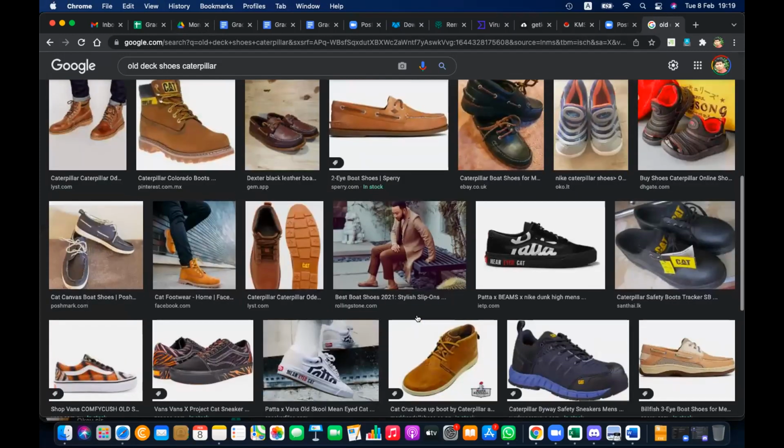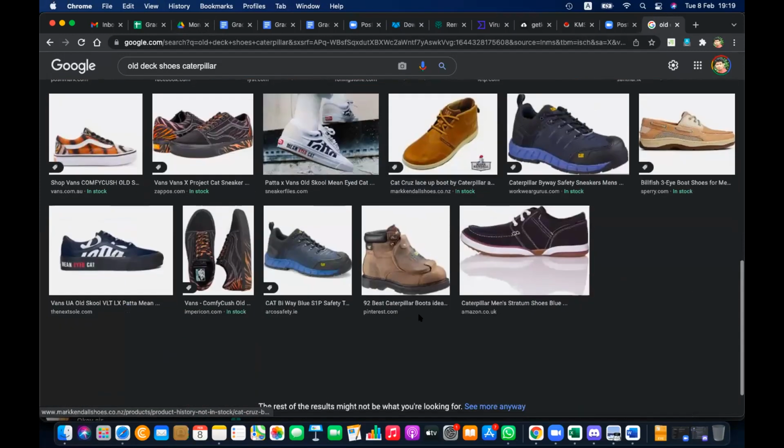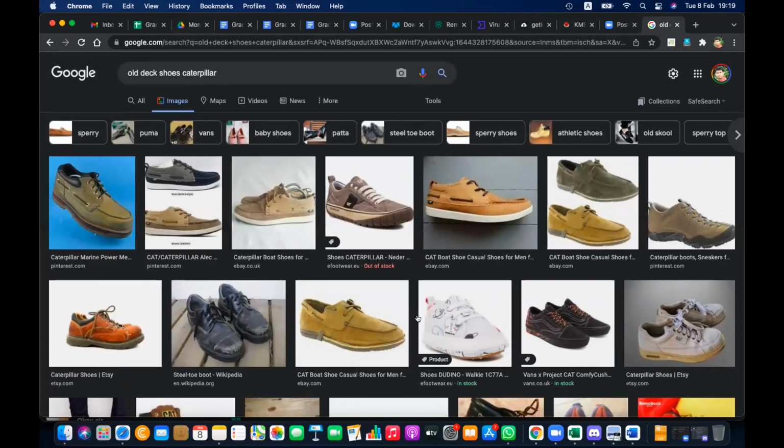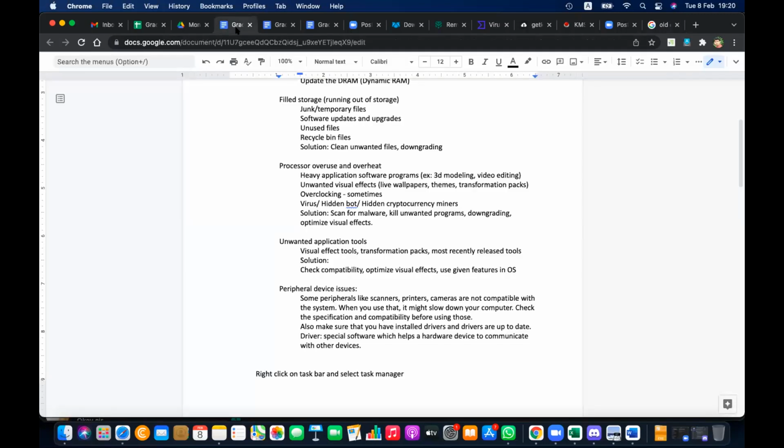Not sure whether this is a brand, but I cannot see the original one. It gives additional height, right? The shoe weighs close to 2 or 3 kilograms. Remember when we wore a shoe like that and went to school, what would happen?